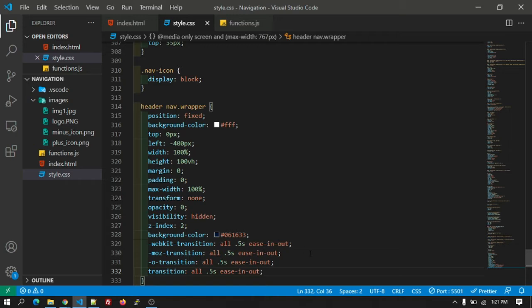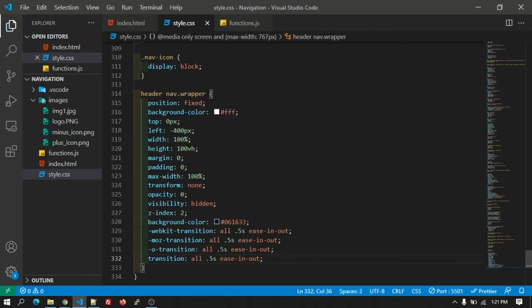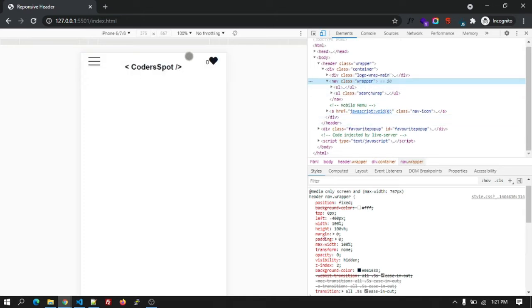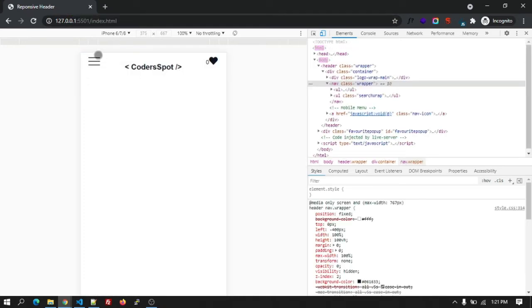So we have added the CSS from the wrapper, okay, for this. So after clicking on it, the class is appending. For the open menu, the class is adding to the wrapper menu.